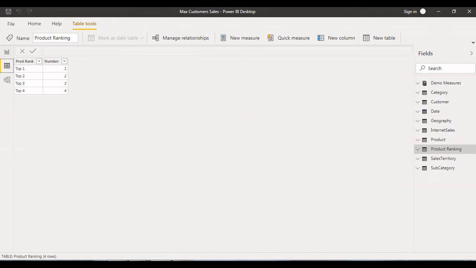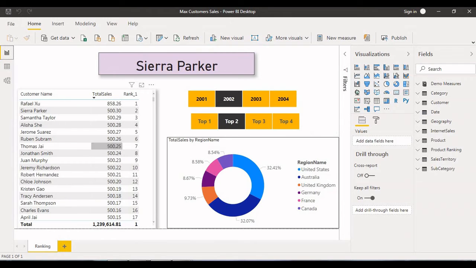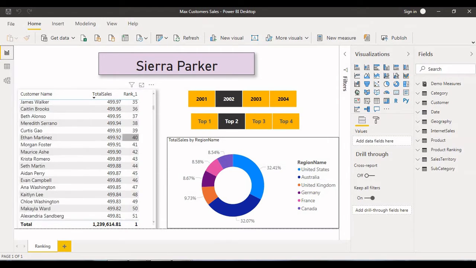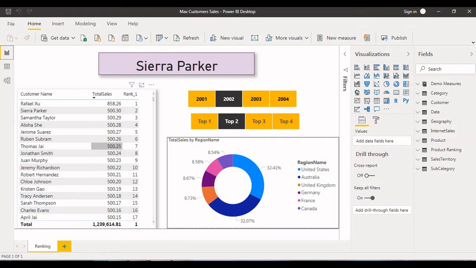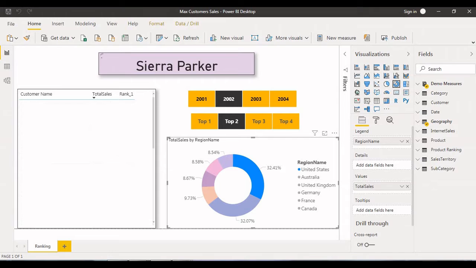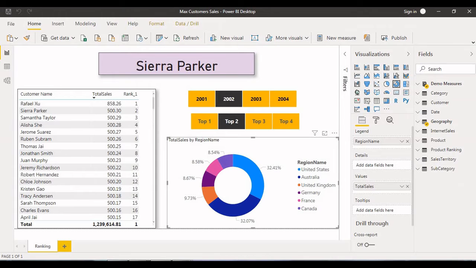Now here, customer wise, we have total sales and also ranking. This is the region wise sales. We can see United States, Australia, United Kingdom, Germany. Region wise, what is the percent of sales?